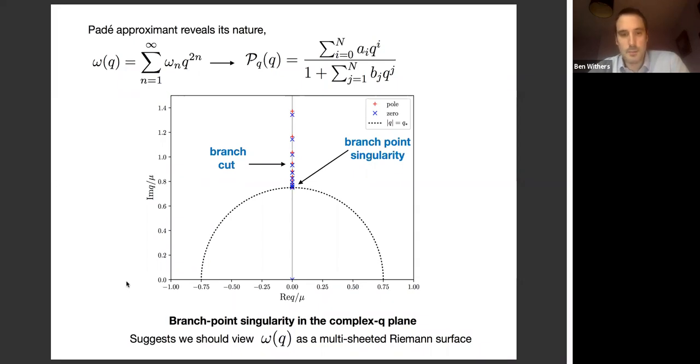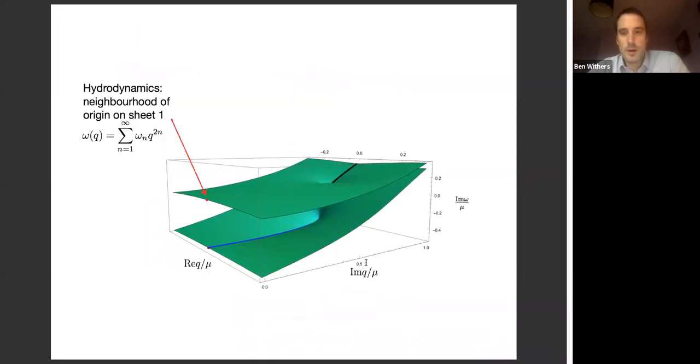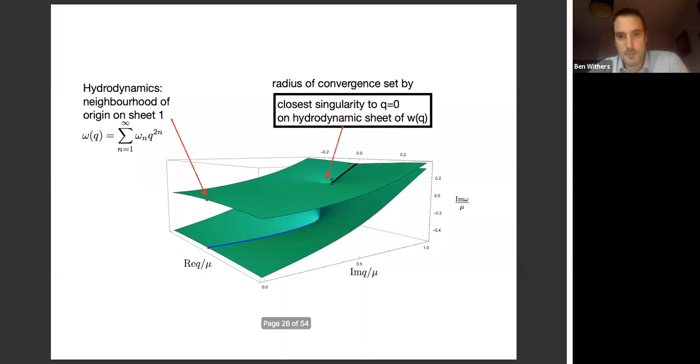So you can do that, and let's just plot, for example, the imaginary part of the frequency as a function of momentum. In the previous diagram, we just saw the top sheet, but now we're showing more than one sheet. So this point here is where we started. This is the hydrodynamic series. So this is the origin in the complex momentum plane. And you can do a Taylor expansion around this point, this hydrodynamic series, and that describes this first sheet up to this point here. This point here is that square root branch point, this singularity.